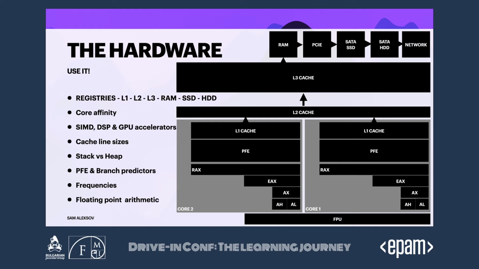So if the data is not present in the level 1 cache, you'll go to the level 2 cache, which will take 10 times longer. If it's not present there, or in the L3 cache, you go to RAM, that's 10 times more. So now you're running 100 times slower. If it's not present in RAM, or you want to copy it from somewhere else, like PCIe, that would be 10 times slower than that, and we are 1,000 times slower. SSDs, HDDs, and finally going over the network would be 1 million times slower to retrieve a predetermined set of data.